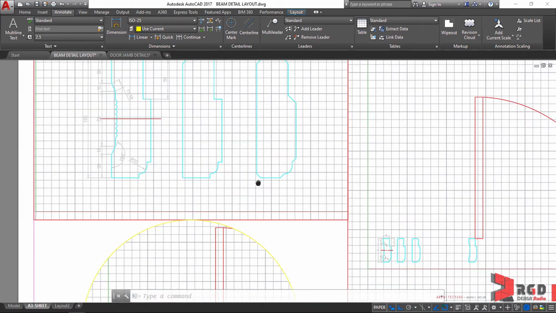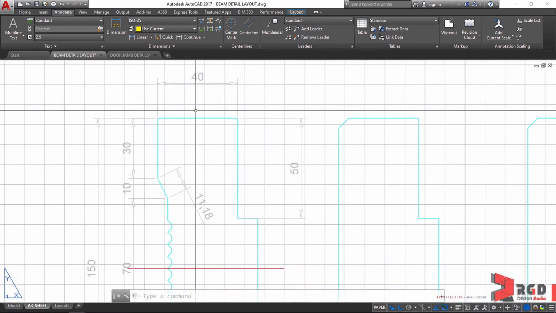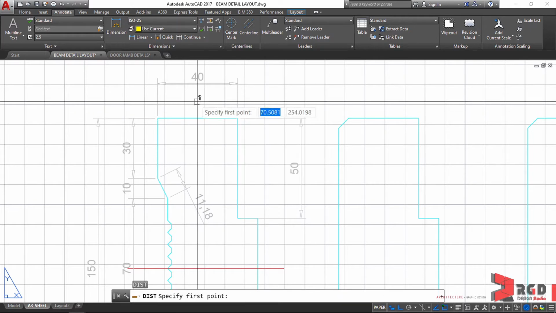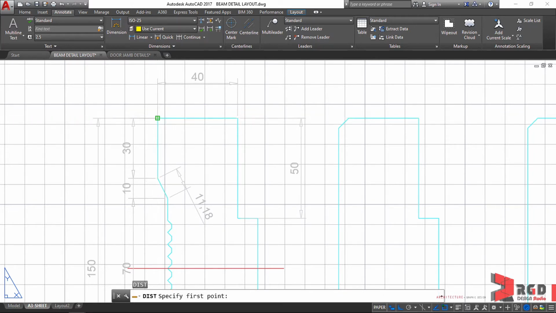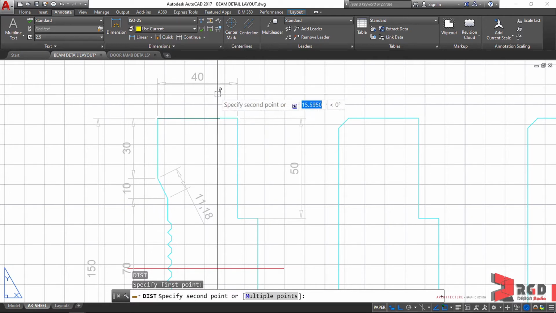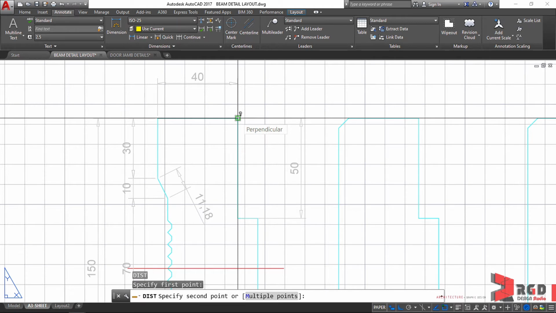Okay, so when we try to measure this using the distance command, so distance, enter, I will just snap on this and then click. Okay, and then I will just hover my cursor to the other point without clicking, and I know that that's 20 mm in paper space.